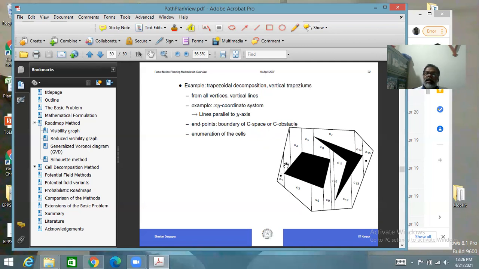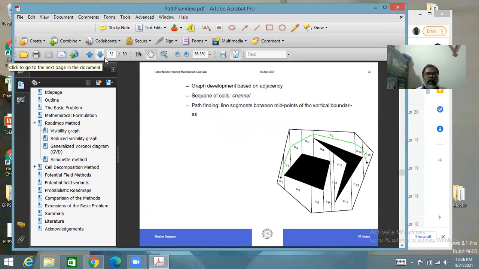Now C1, C2 is an edge, C2, C4 is an edge, C1, C3 is an edge, C4, C5 is another edge, and like that you work out the edges. So through these edges you will basically get channels. One channel will go like this over the edges. Another channel will go like this. Another channel will go like this, and so on. Okay. So you develop the graph based on adjacency, and the sequences of cells you work out as channels. Then